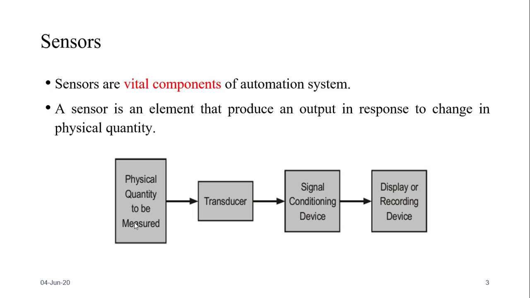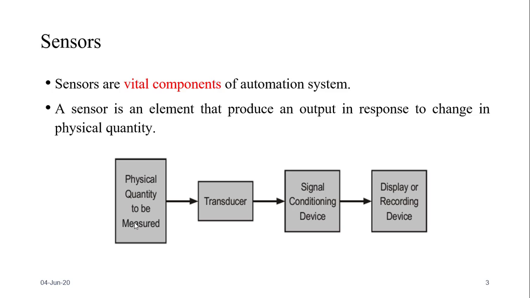Then the electrical signal is conditioned, because whenever the signal passes through the transducer, its voltage is very low, correct? So it cannot be sensed easily, and cannot give an output in the range of human observance. Then there is signal conditioning, through which we increase the amplitude and frequency of the signal. In the case of an electrical signal, we increase the voltage so that it can be sensed by different methods.